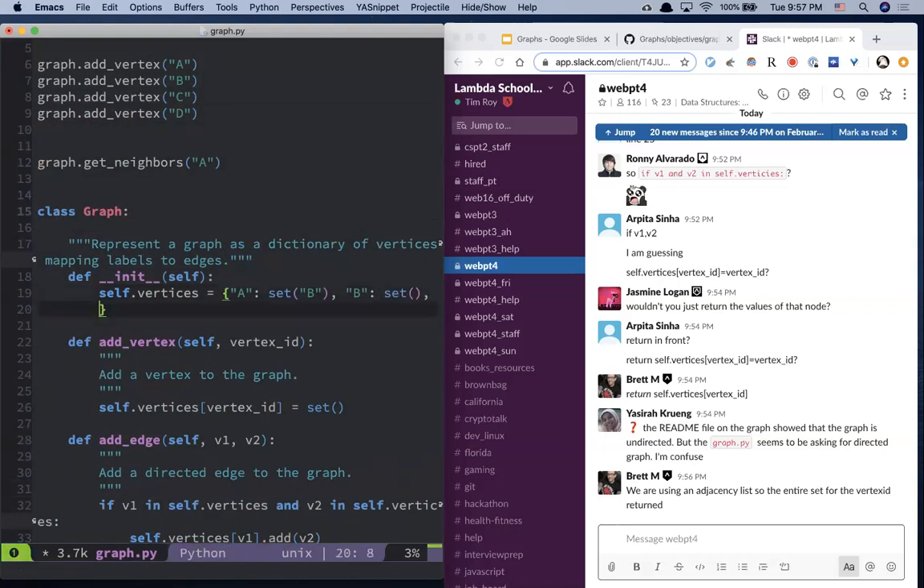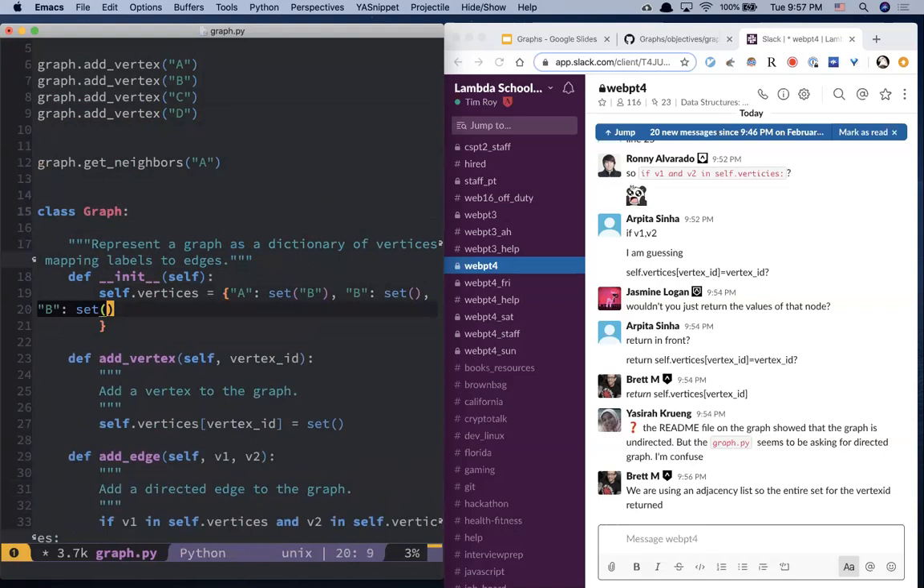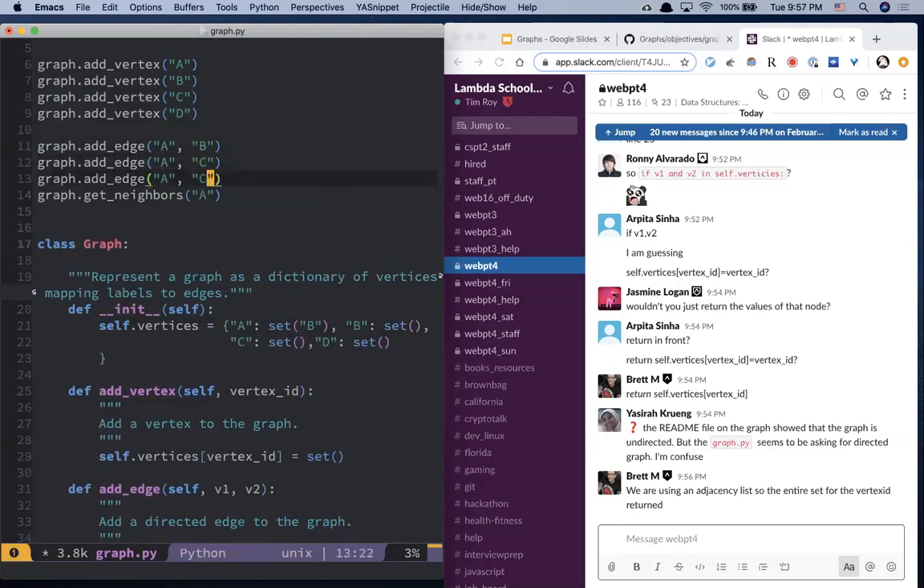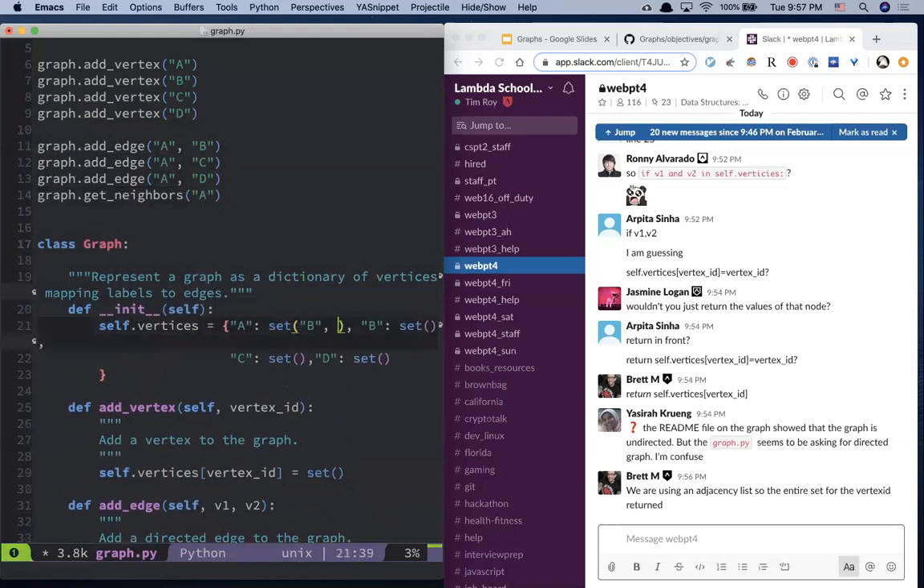I'm just going to go ahead and do this manually, but I think that's not a bad thing. So we have all those, and then we call add edge. So we have graph.add edge, and we say A, you have an edge to B. And then we do it again, and we say you also have an edge to C. And we say you also have an edge to D. So now we have C,